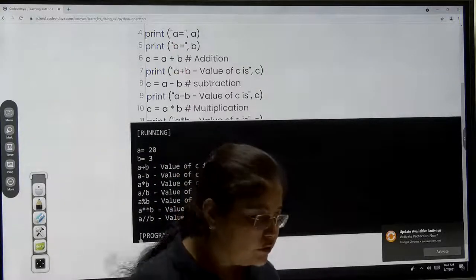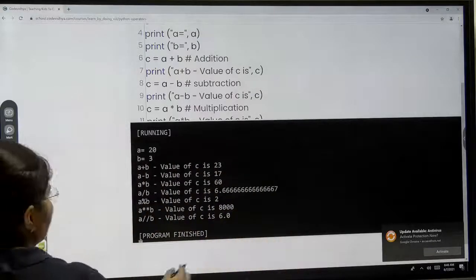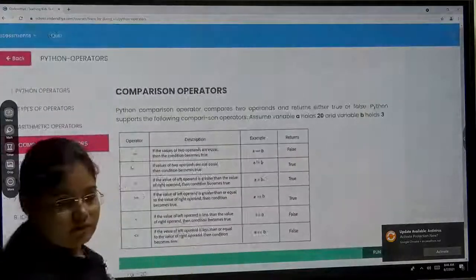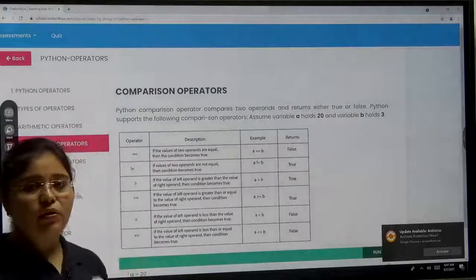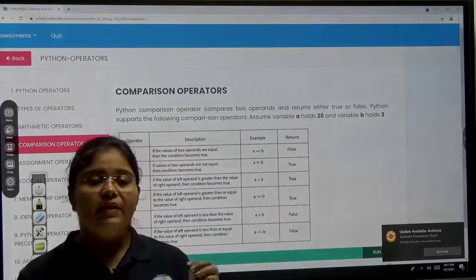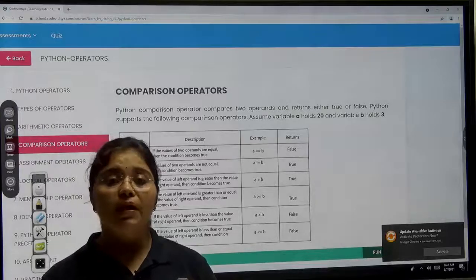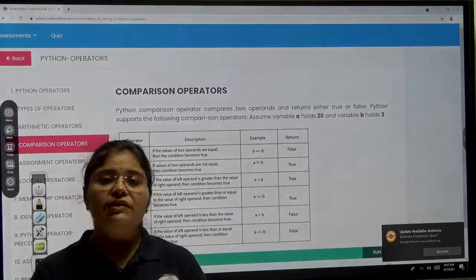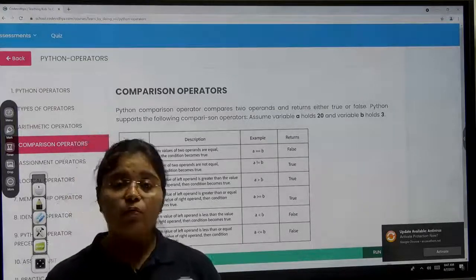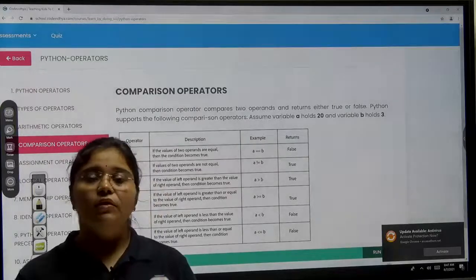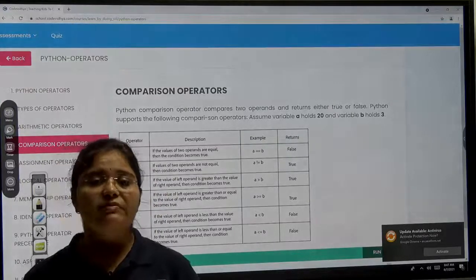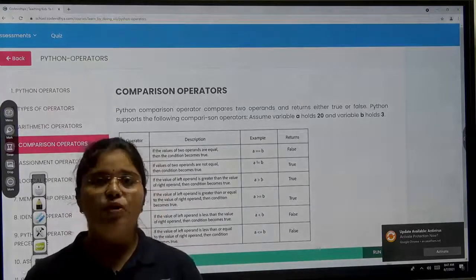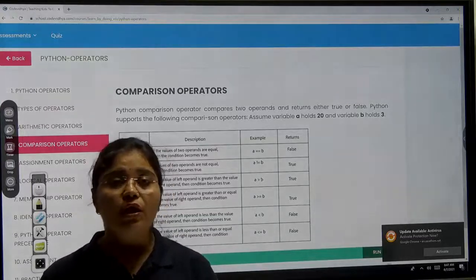Okay, now we will move on to our next operator, that is the conditional operator, or you can say comparison operator. As you all know and can guess from the name, it is used for comparison between two numbers. If I have two numbers 1 and 2 and I compare them, the result will always be yes or no. If I ask 1 greater than 2, that will be no, it means a false result. If I say 2 greater than 1, yes, a true result. So in case of comparison operator, output will always be true or false.